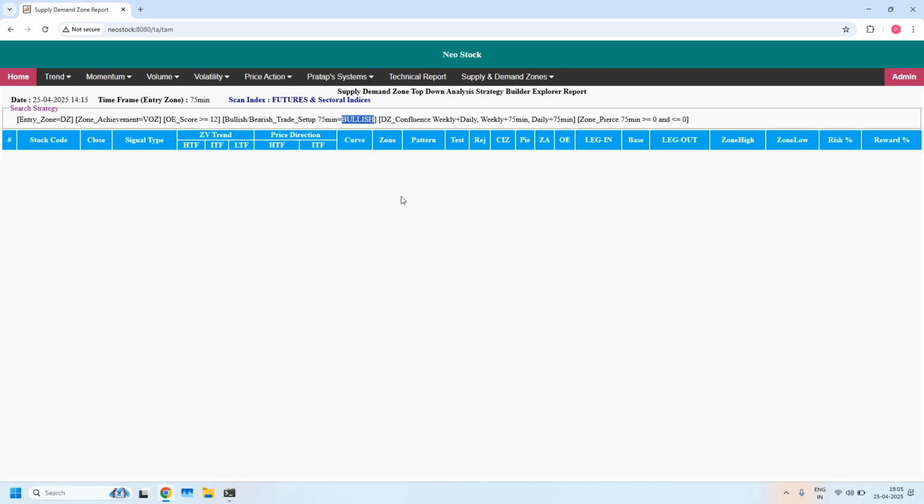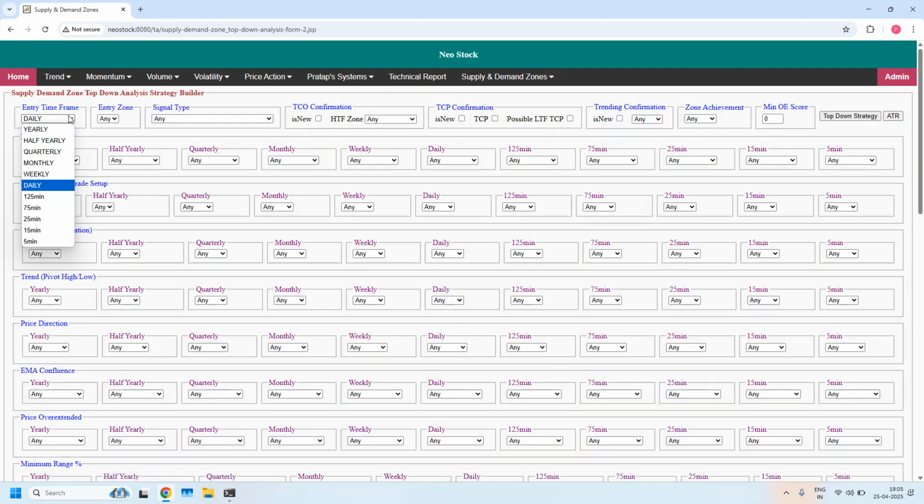For bullish trade setup, entry time frame 75 minutes. Okay, fine. So this is the bullish trade setup for weekly income trade. Next we will look into bearish trade setup for weekly income trade. Entry time frame 75 minutes, entry zone supply zone, bullish or bearish at 75 minutes. I am selecting bearish. Zone achievement violated opposing zone, minimum odd enhancer score 12,